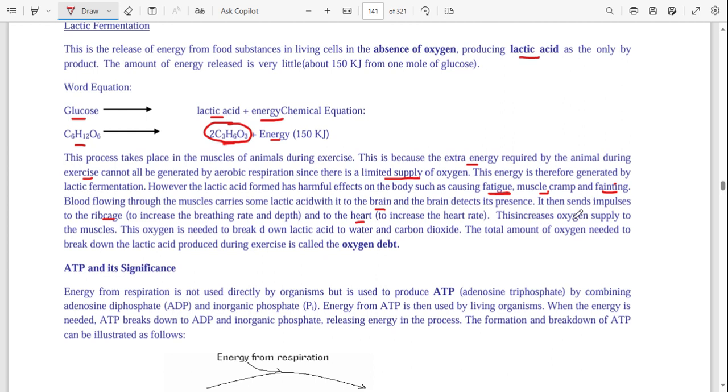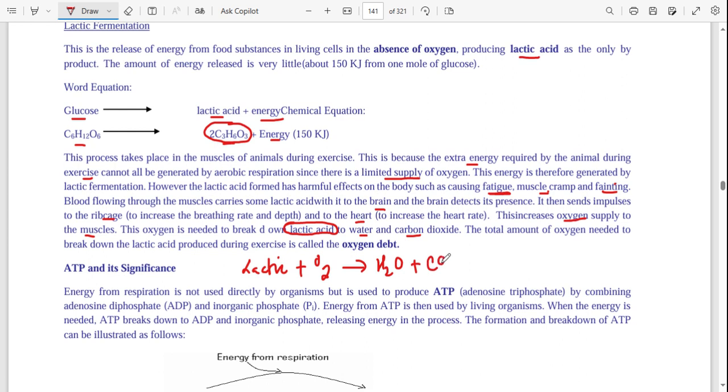So this increases oxygen supply. The way you started breathing very fast and the heart is beating very fast, that will increase oxygen supply to the muscle. And the oxygen is needed to break down... So you remember you have formed lactic acid, right? So you need oxygen to break down this lactic acid that you have formed. That's why we have even increased the usage of oxygen. So lactic acid is going to be broken down to water and carbon dioxide. Okay. So we are saying when you have got oxygen, that oxygen is going to be used to break down this lactic acid to water